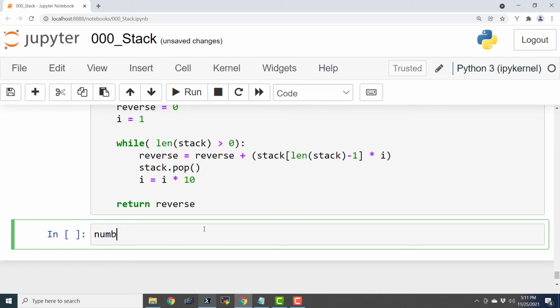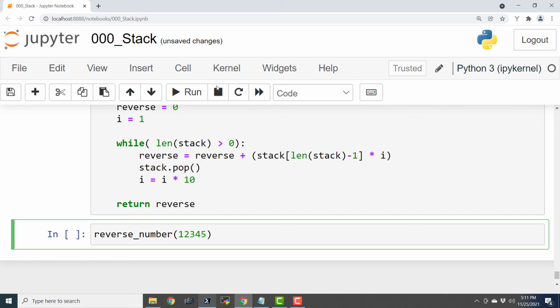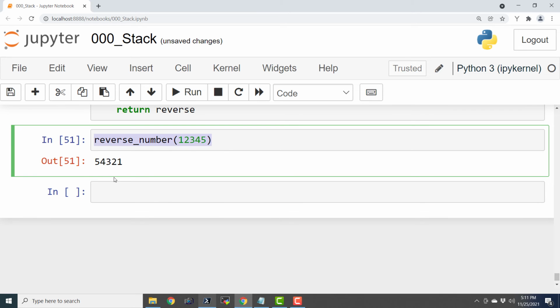I will choose a number, 1, 2, 3, 4, 5, simplest one, and reverse_number, or directly we will pass this number to this function call, and let us see what is going to happen. And here we have the reversed number.